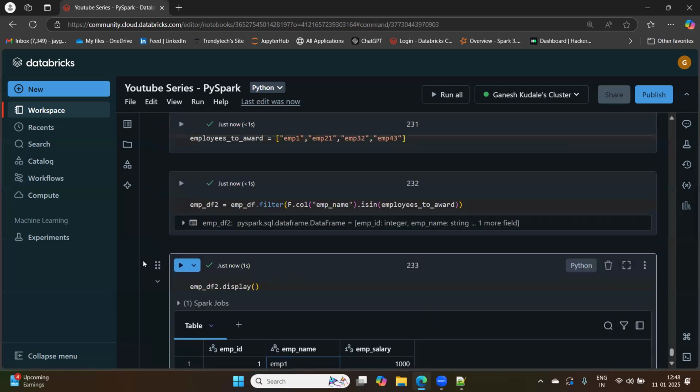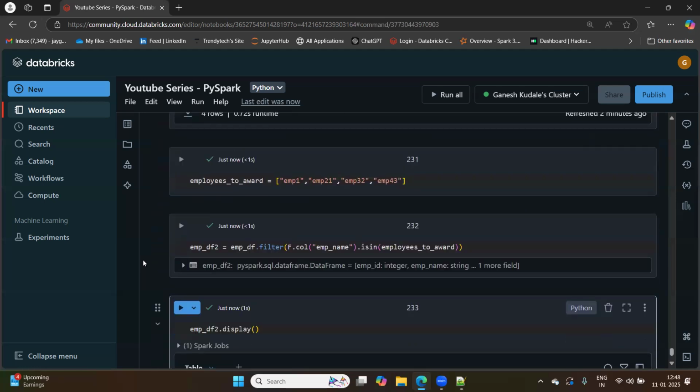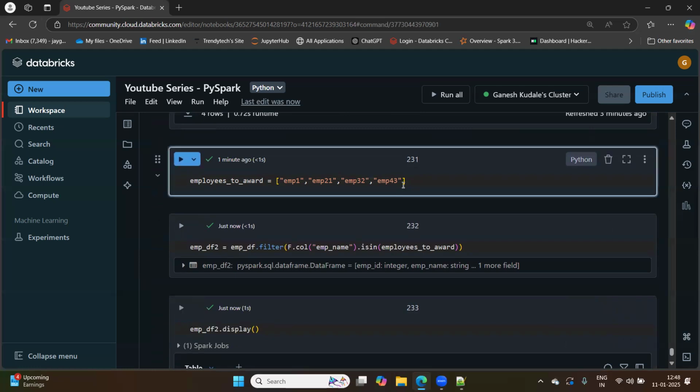So what I wanted to convey is, always when you are working in a project, make sure you write your code in such a dynamic way that it needs little maintenance. Going ahead, if you want to change this list, let's say monthly, there are many ways you can pass it. You can pass it through